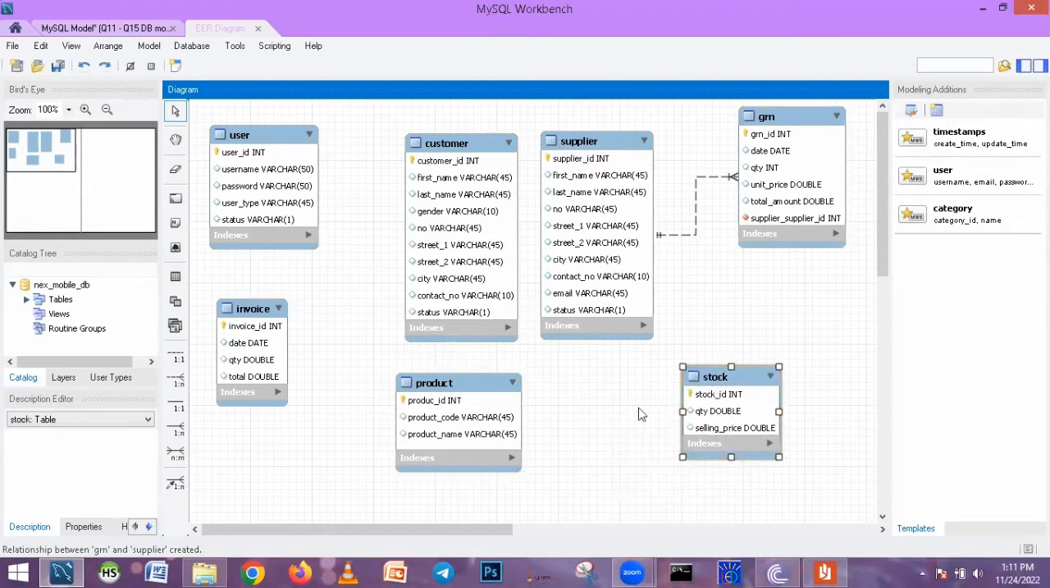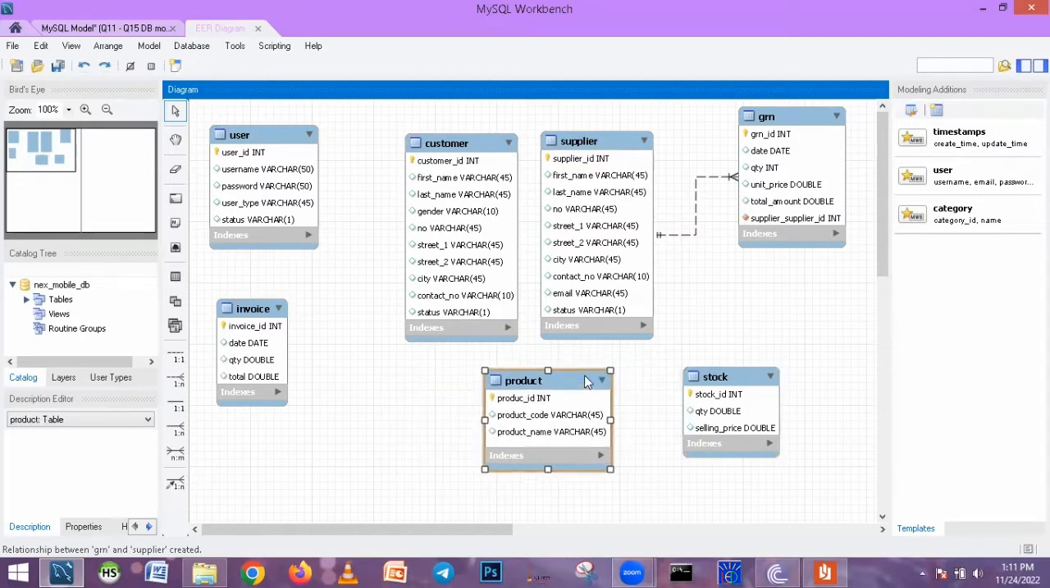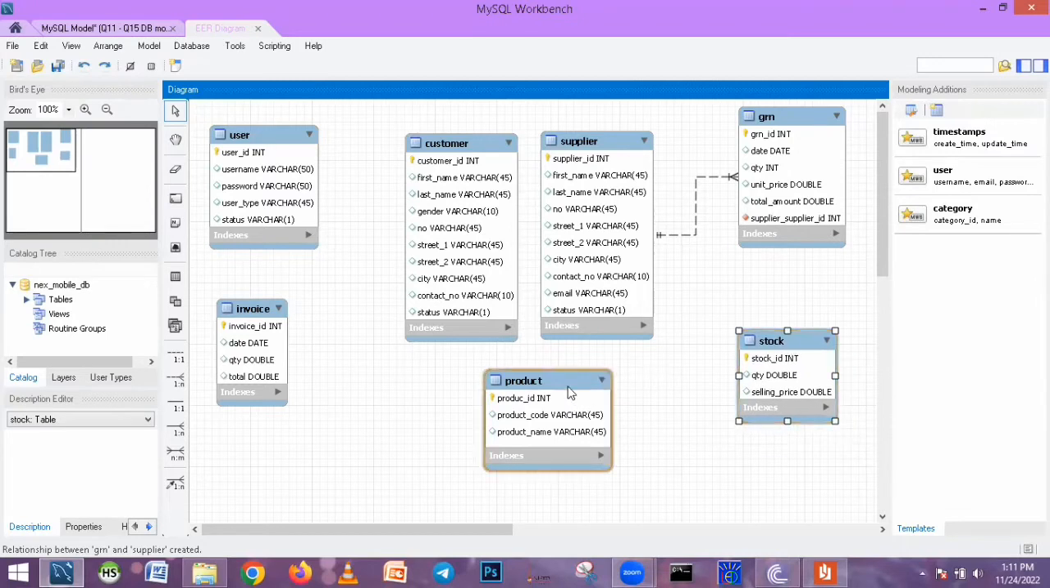So the product table has a direct connection with the stock table, and supply has an indirect connection with the stock table. Now I'm talking about the relationship between the GRN table and the product table. If supply has a direct connection with the product table, GRN also has some connection with the product table. So when we consider that connection, it is also the same as this connection, because one product can